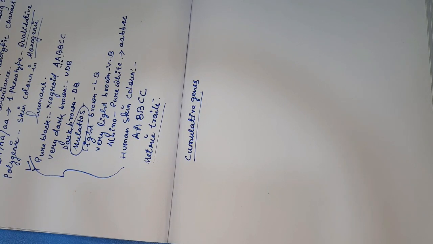Each gene of a polygenic system generally contributes to the phenotype, but to a small extent. Presence of more than one dominant gene makes the phenotype more prominent. All the dominant genes, as I have told you in the example of negroids, will add up their effects to produce the full phenotype. Two or more pairs of non-allelic genes which produce the additive effect are otherwise called the multiple genes